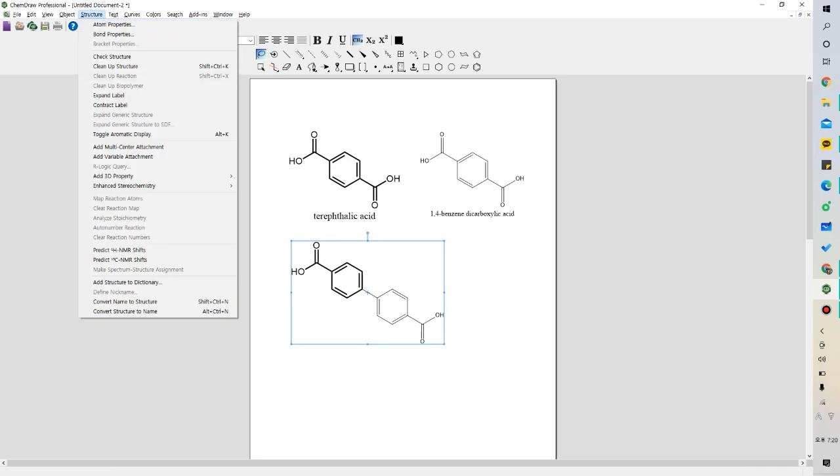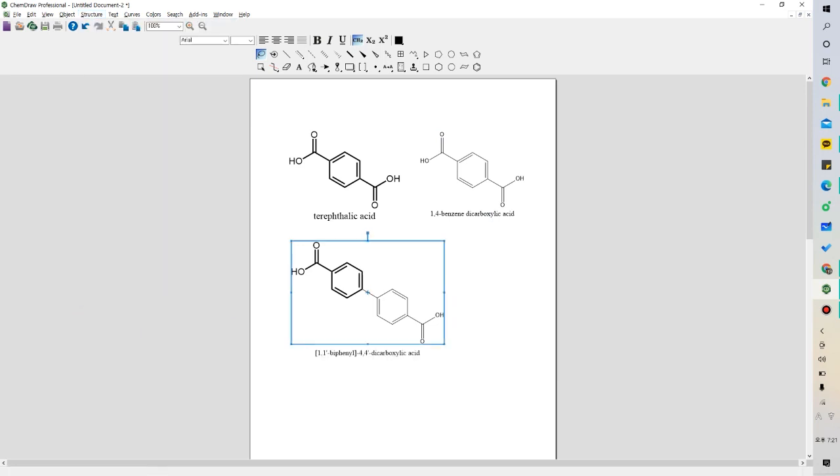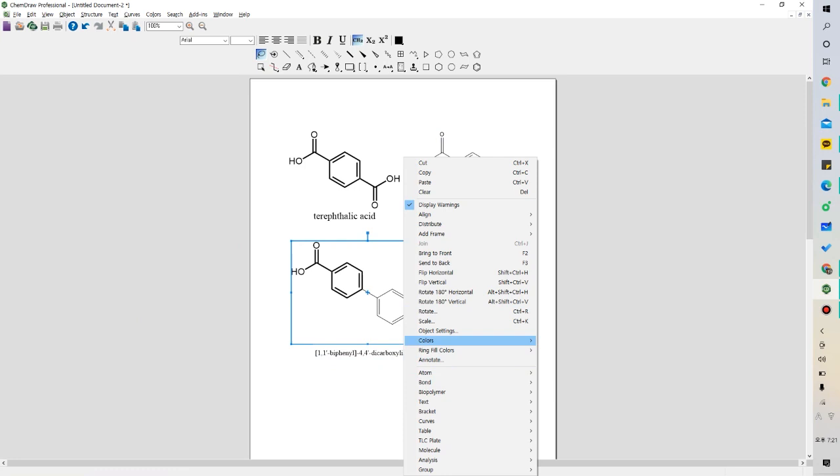And if you click here, Convert Structure to Name, which is the Alt Control N command keys, you can see that this is labeled as this. So if you want to change the thickness of the bonds, you can change, where is it?